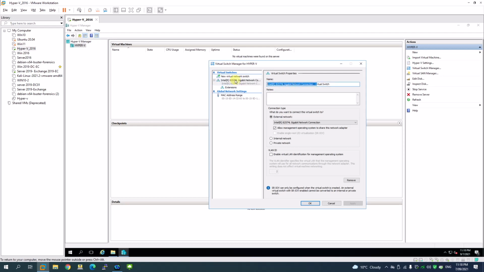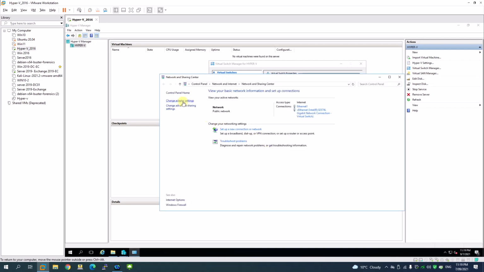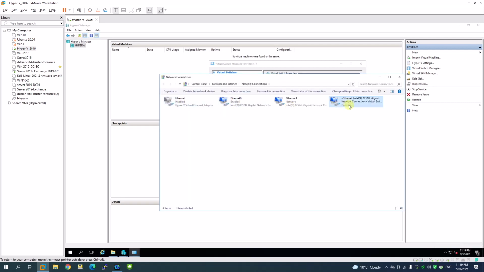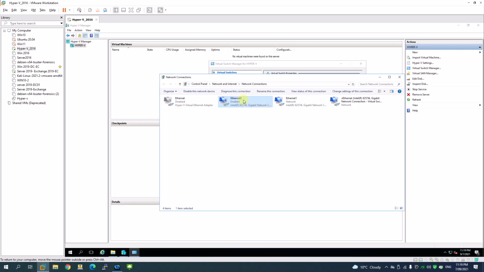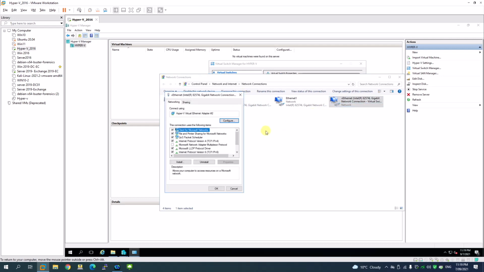Remember when I was installing the operating system, we created that virtual switch. We can check that if you go to your network adapter option here, Change adapter options. You can see there's a virtual switch. I used Ethernet 0 for the virtual switch. So if you look at Ethernet 0, on TCP/IP, you can't make changes. The reason is this interface is bound to the virtual switch. So if you look at it here,